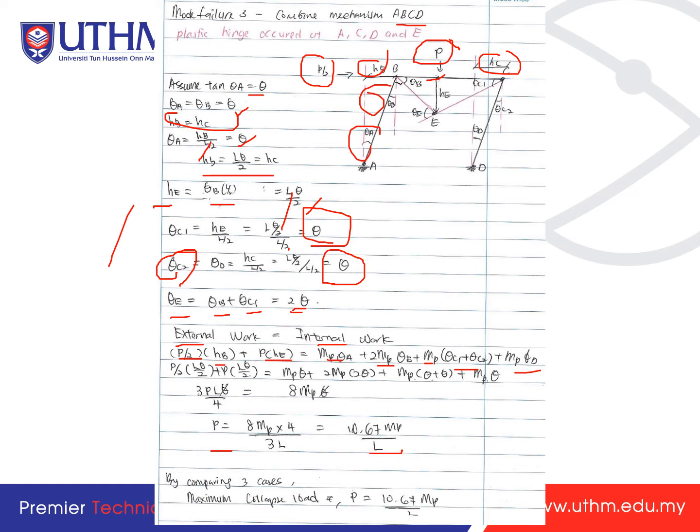Okay, so the maximum collapse load here, we are choosing the smallest value, which is the 10.67 NP over L. Okay, so for the loading, we are choosing the lowest value because the structure is already failed at the lower load instead of going to the higher collapse load. Okay,